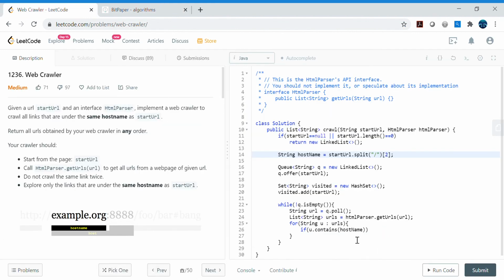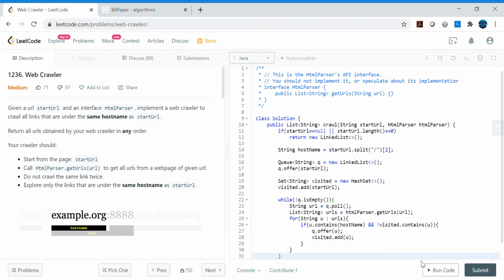So now we have the host name and we can check: it should contain the host name and it should not be visited, right? So not visited dot contains u, and if that is the case, then let's go ahead and store this new URL to the queue again and then mark it as visited.